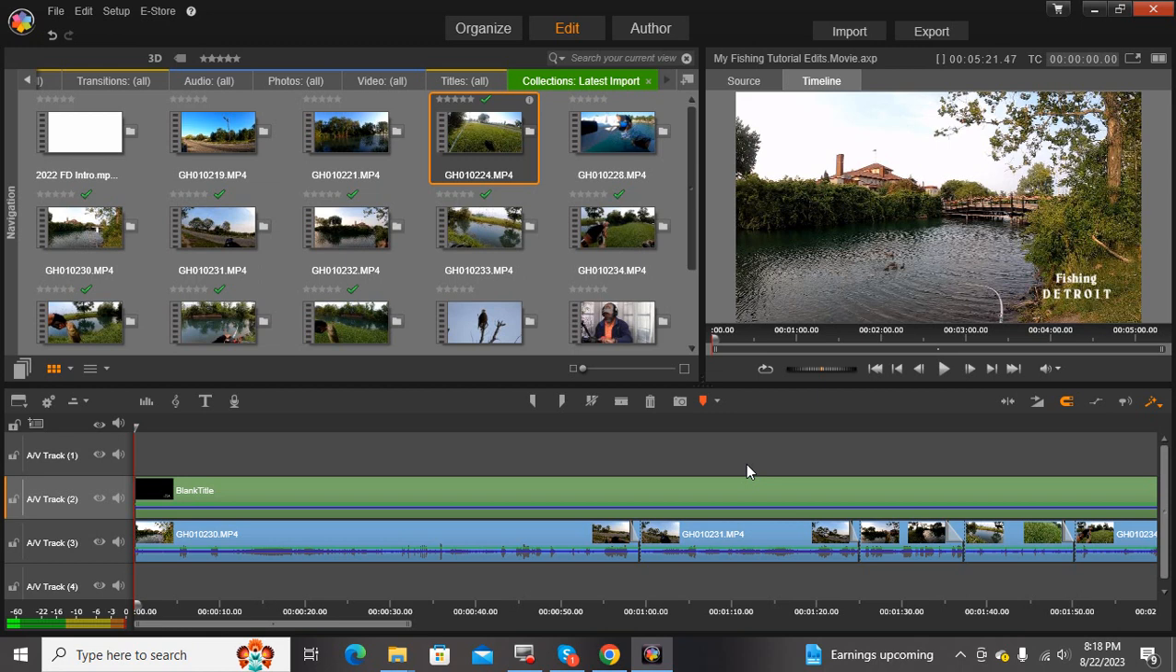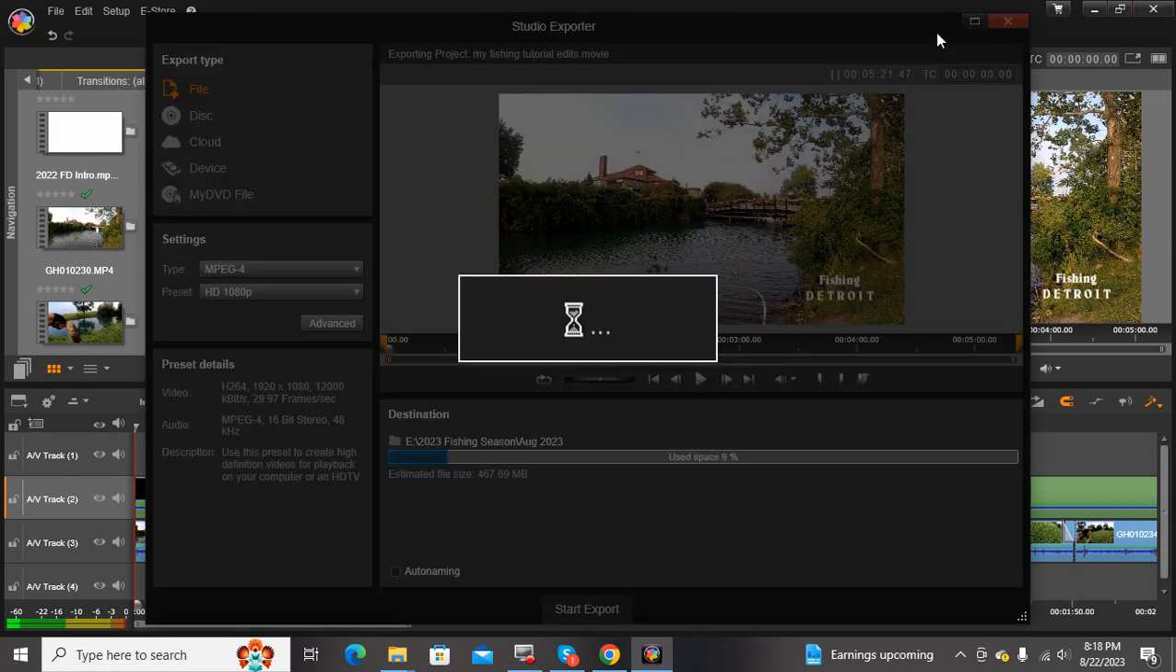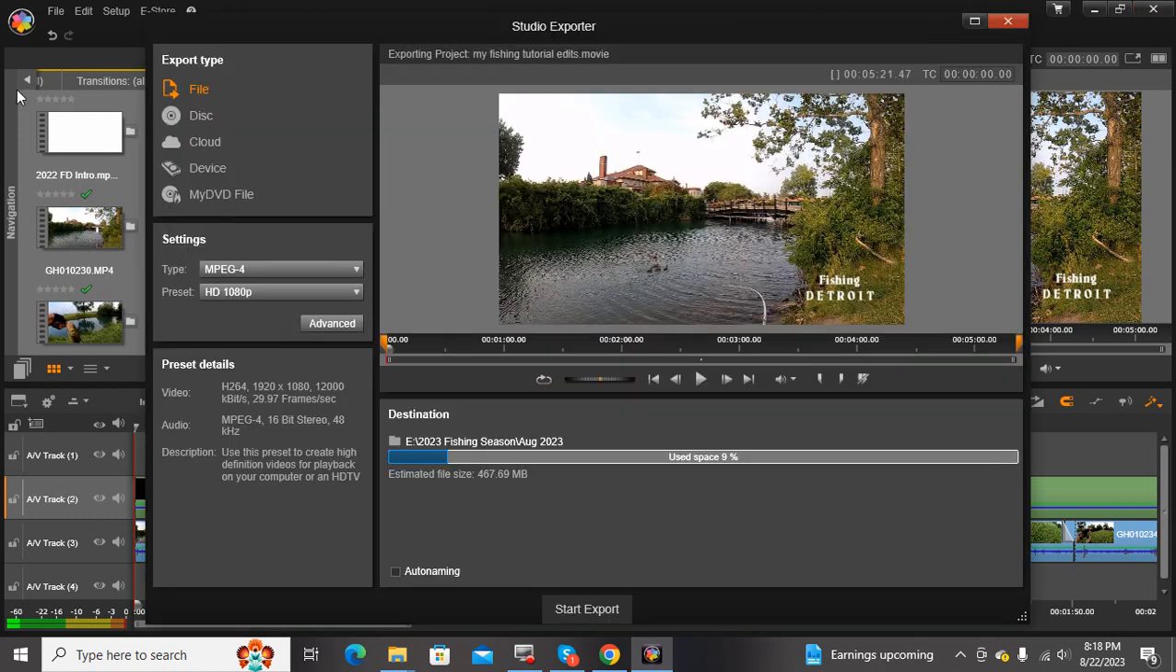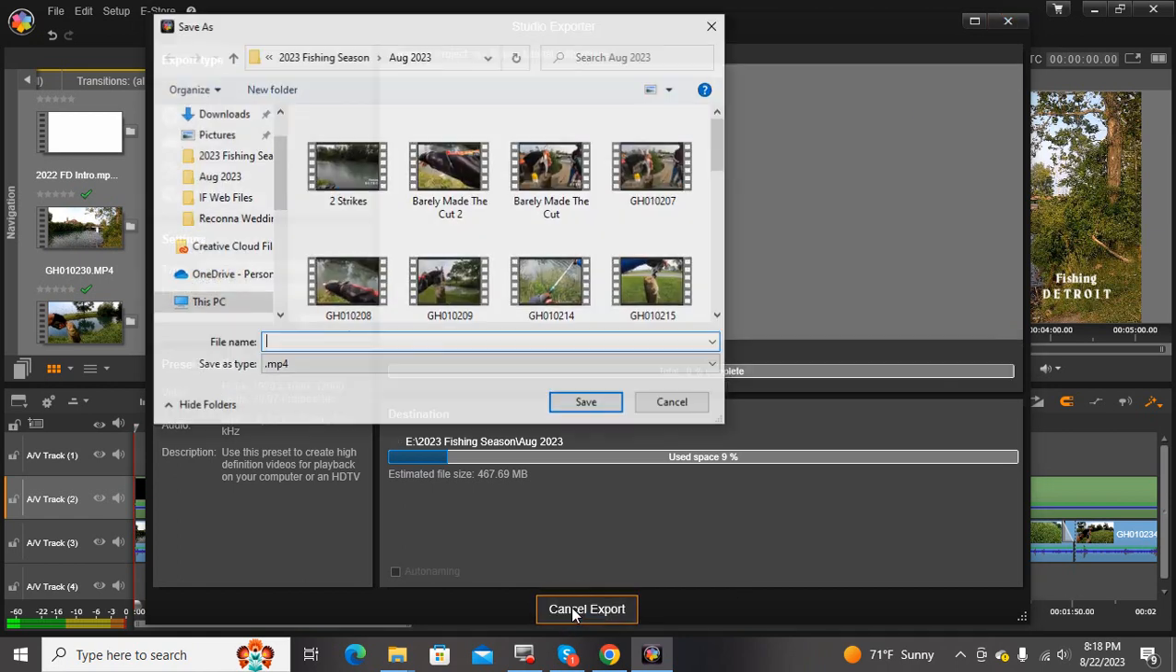Once I'm done with that, now I'm ready to export the file to an MP4 so that I can export it to social media. So I'm going to go to the export, and I'm going to have it as an MP4 HD 1080p. Got that already set, and the file that I'm going to save it in is Fishing Season August 2023, and I just click on Start Export, and it's going to allow me to save name the file, and I'm just